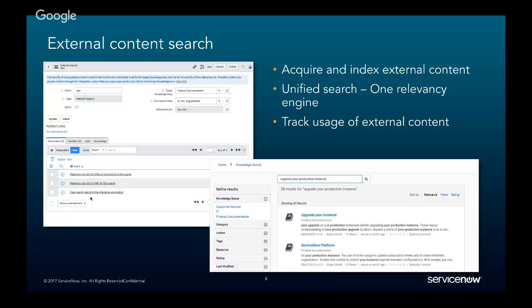Talking about that, the security of the content that is being acquired is determined based upon the security of where you are keeping that content in our system. So, for example, if you see here on the left hand side, the target knowledge base is a product documentation knowledge base that you have created. The security that you define on that knowledge base